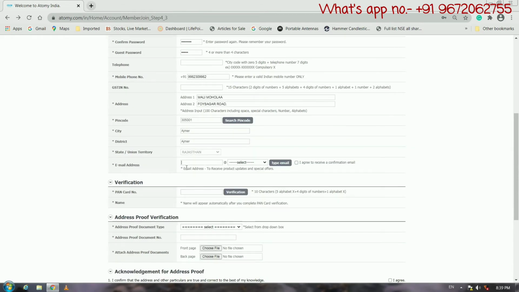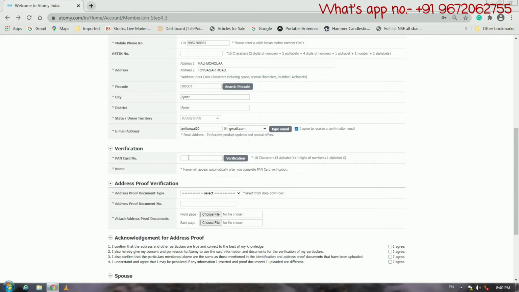Now here you have to enter your email address. And now you have to click on I agree to receive a confirmation mail. And here you have to enter your PAN card number.